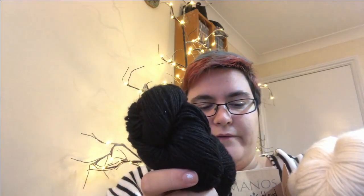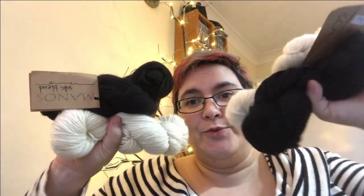But while I was on the website looking for that colourway, I found these colours on sale. It's the same Manos, the silk blend, and they were reduced. I had over a third off. And it is one of those yarns that I just want to stroke. And there wasn't much left. So two balls of the cream, two balls of the black. And I just had in my mind, oh, I could do something quite striking and bold with a black and cream